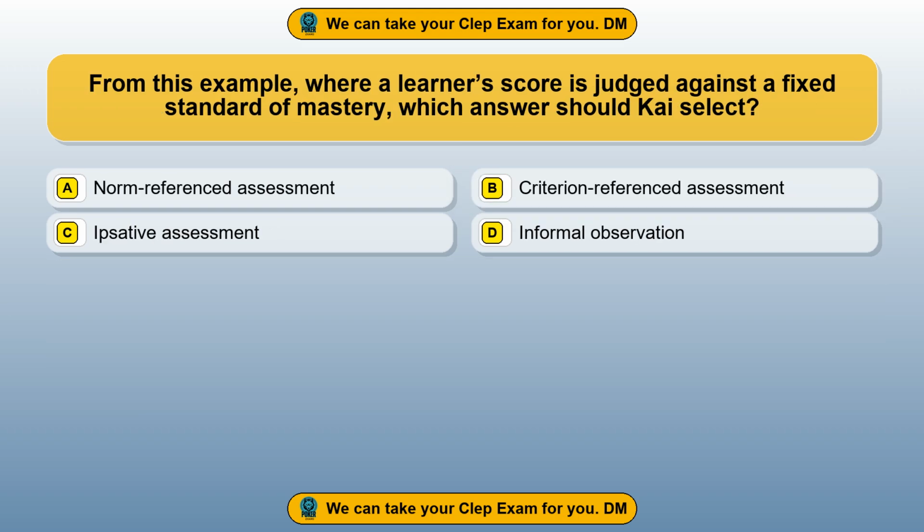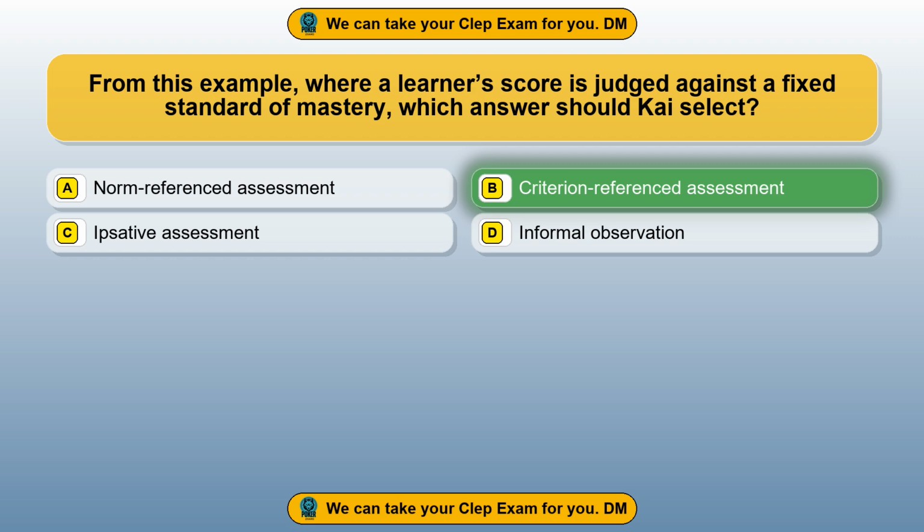Question 54. From this example, where a learner's score is judged against a fixed standard of mastery, which answer should CLEP select? Option A, norm-referenced assessment. Option B, criterion-referenced assessment. Option C, ipsative assessment. Option D, informal observation. The correct answer is option B,